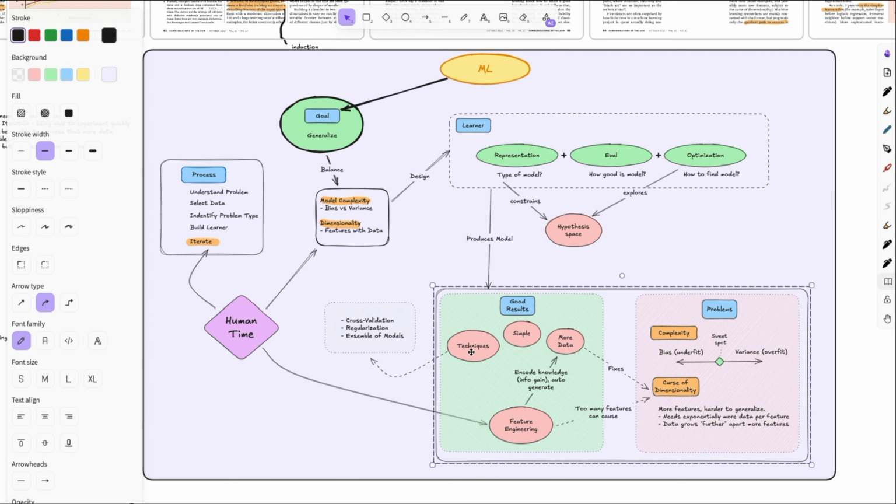There are various techniques you can use, like cross-validation and regularization. Building an ensemble of models seems to be better. The paper cites a few examples of where that worked really well in practice, where you combine multiple models. In general, sometimes it's easier just to get more good data. But the paper says one of the hardest things is to spend a lot of time on feature engineering, and you're often constrained by human time in making a good model, where you're constantly iterating on things.